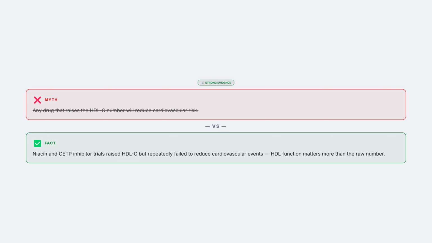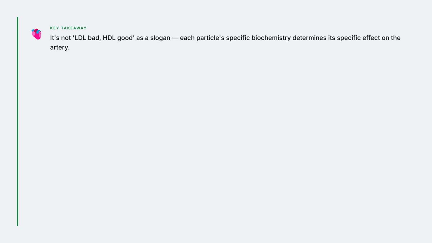An important, genuinely high-yield exam nuance. Raising HDL-C pharmacologically with niacin or CETP inhibitors has repeatedly failed to reduce cardiovascular events in large trials, meaning HDL's protective biology doesn't automatically translate into more HDL number equals less risk with every drug. So the real takeaway isn't "LDL bad, HDL good" as a slogan. It's that each particle's specific biochemistry determines its specific effect on the artery wall, and treatment strategies live or die